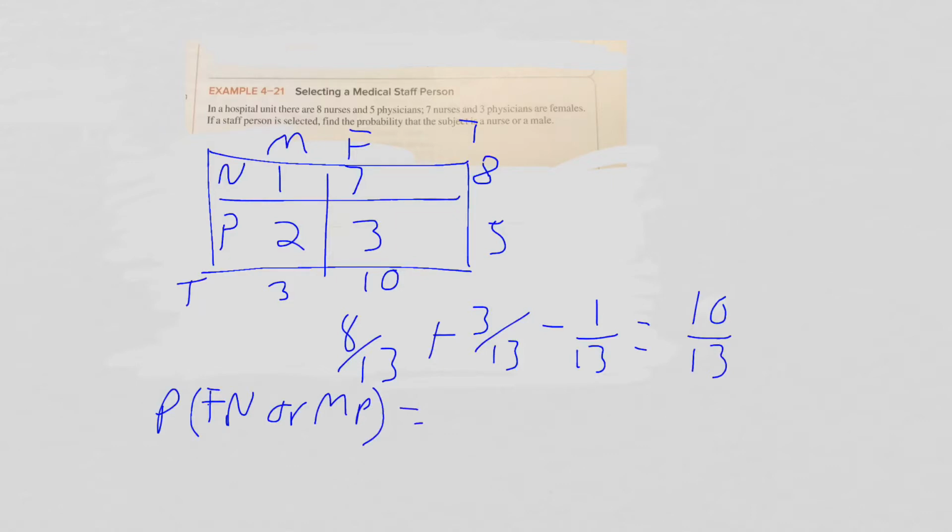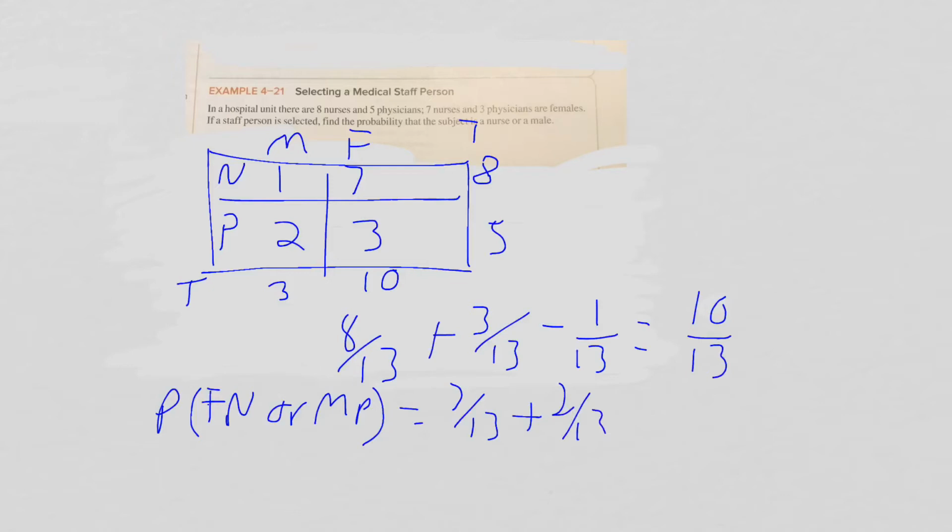So for female nurse, we can just look, here's female, here's nurses, so there's 7 total there out of 13. And then plus, because it's an or, a male physician. So male physician, there's 2